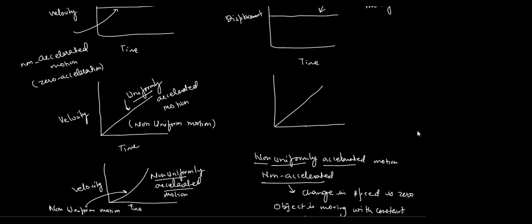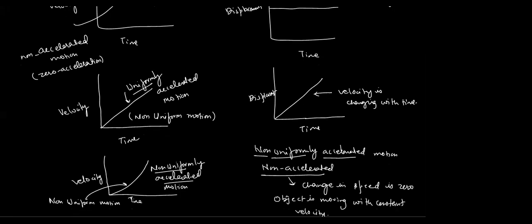Okay, let me explain. So here, this is the displacement time graph. It means that the velocity is changing with time. We can say that the velocity is changing with time here. Okay, so let's move further, dear students, and understand what information we get from this type of graph and how we can solve problems related to this type of graph.